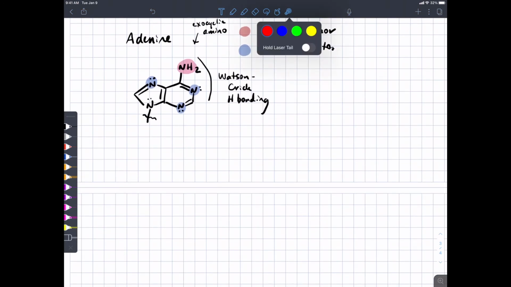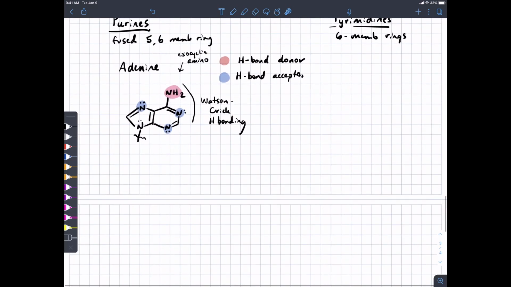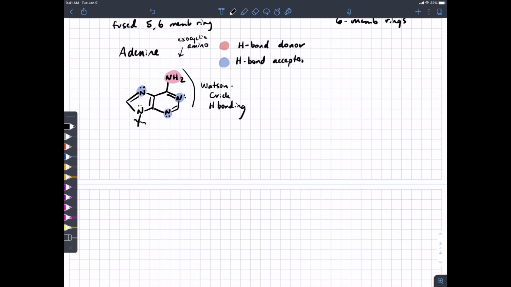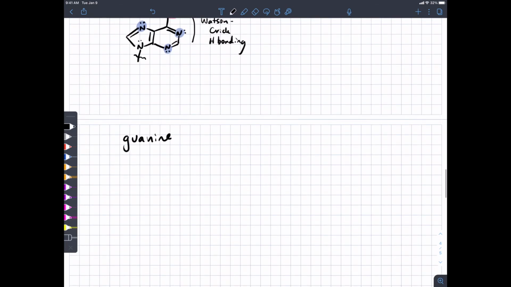Notice that adenine only has 2 groups, one a donor and one an acceptor that can participate in hydrogen bonding. The next is called guanine, and it's going to have the same core structure, that is where the nitrogens and the carbons are,